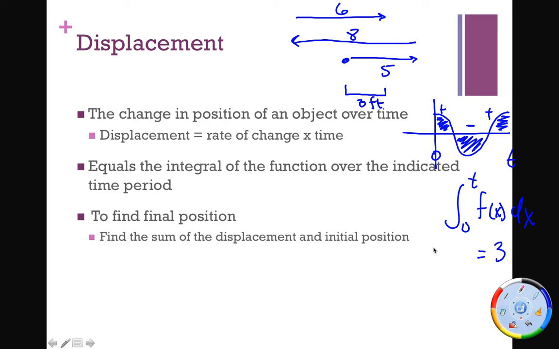If you want to find your final position, you just find the sum of the displacement and the initial position. Let's say you were originally 10 feet from the wall. So your initial position was 10 feet from the wall. Your final position would now be 13 feet from the wall. Let's say that 6 wasn't there. If we went 5 forward, 8 back, your final position would now be just a simple